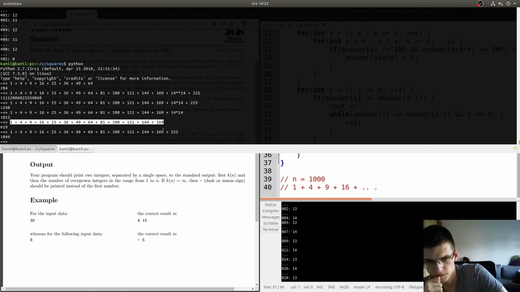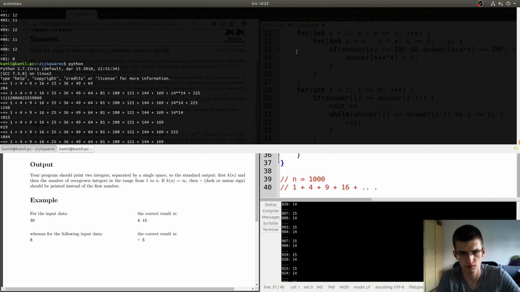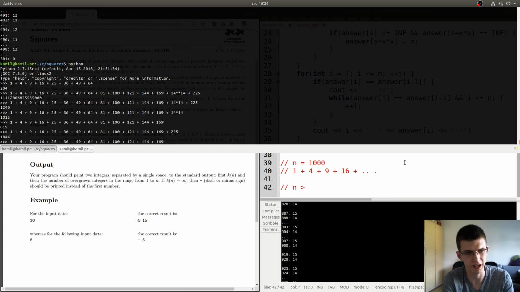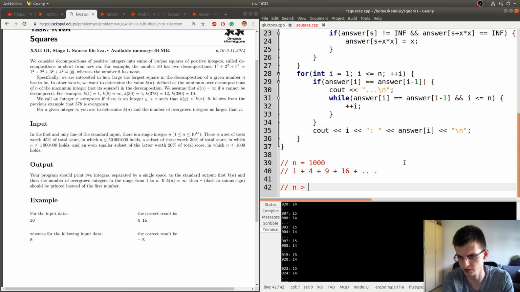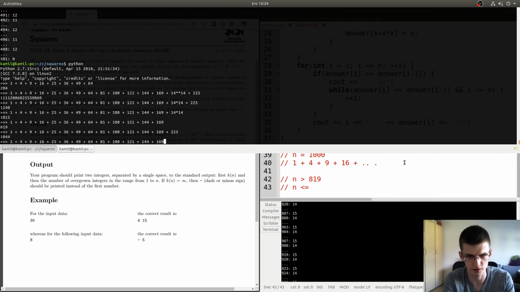Okay, so let's say that we are in an interval with n bigger than 819, and that n is smaller than the next value, this one, so 1050.